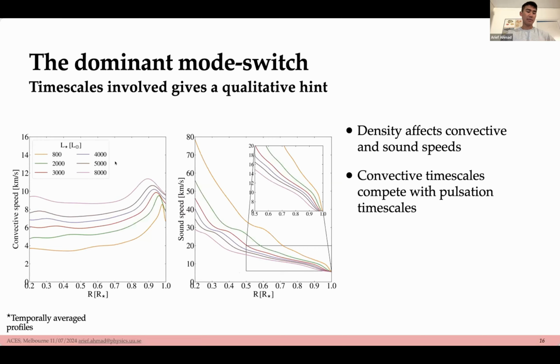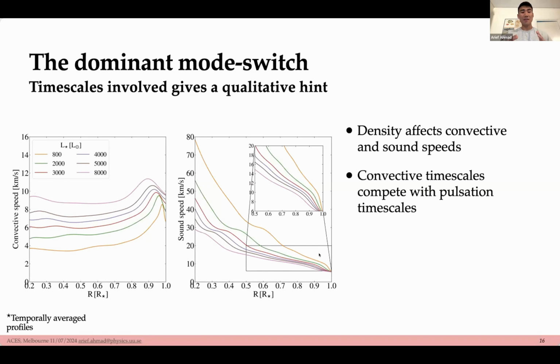The primary difference between the luminosities here is the density within the star, and the density in this case affects convective and sound speeds. But if you look closer into this region here, roughly around 50% of the star, the convective speeds, if you compare the numbers here and the numbers of the sound speed in this region,